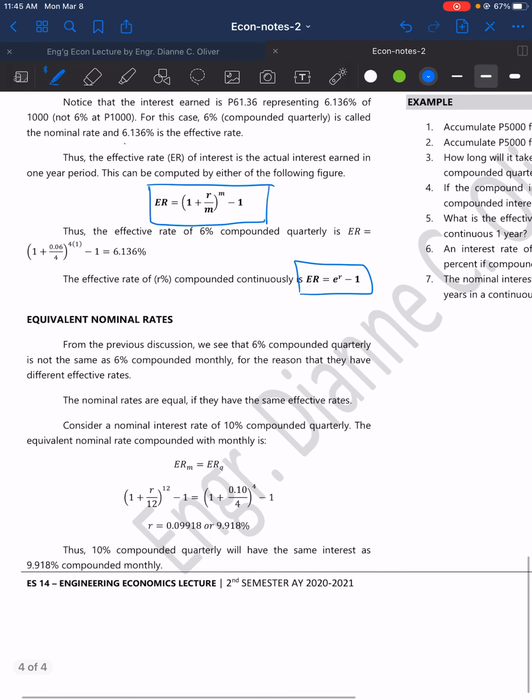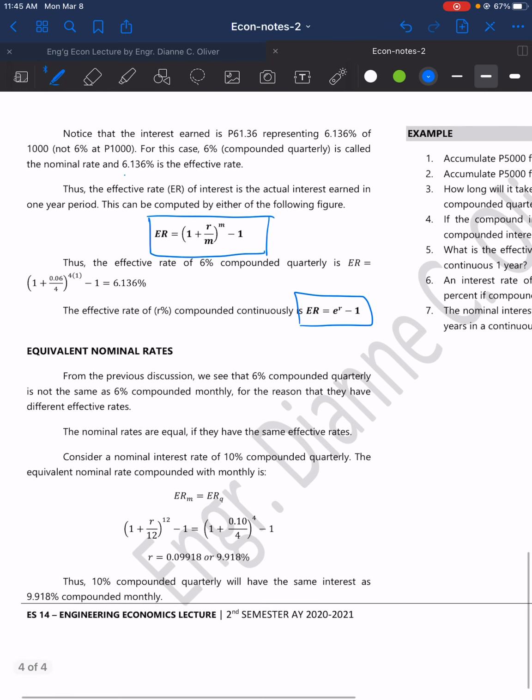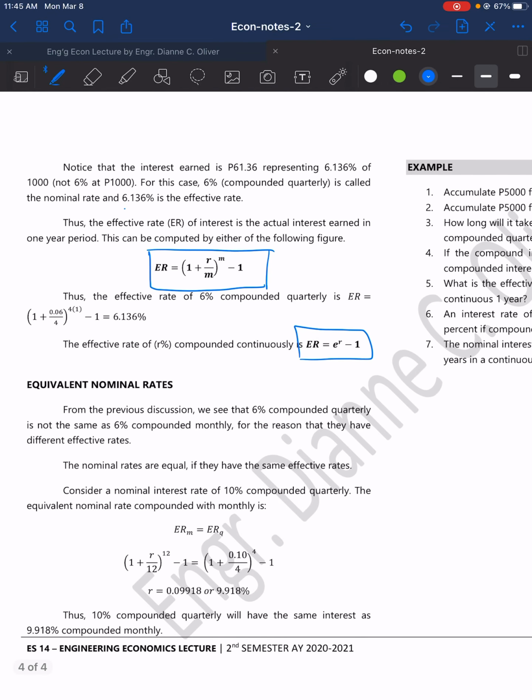For equivalent nominal rates, from the previous discussion, we see that 6% compounded quarterly is not the same as 6% compounded monthly, for the reason that they have different effective rates. The nominal rates are equal if they have the same effective rates. Consider a nominal rate of 10% compounded quarterly. The equivalent nominal rate compounded monthly is